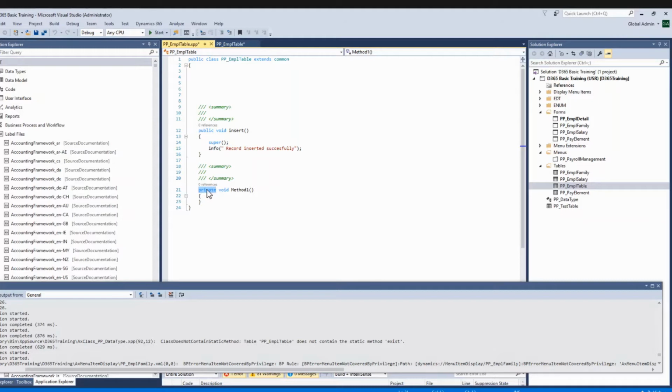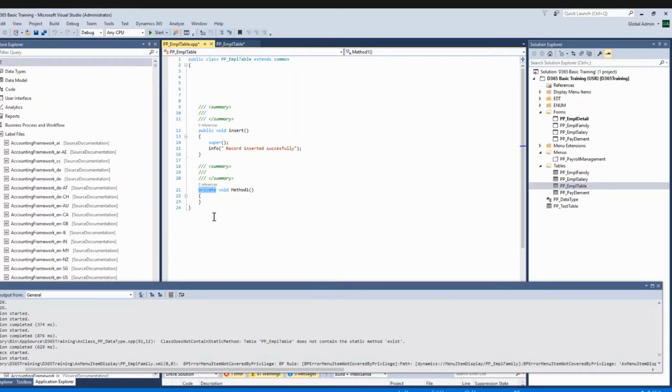So I will create that method and then we will see how to use it in the programs. That method must be static because it is used to find the record from anywhere. So I will write the definition of that method.